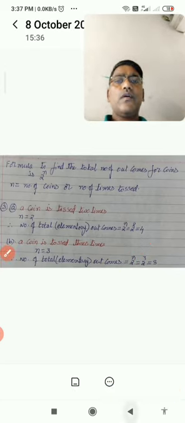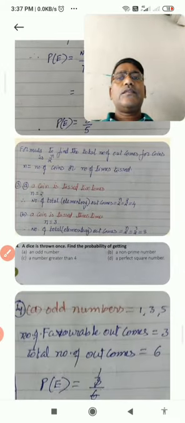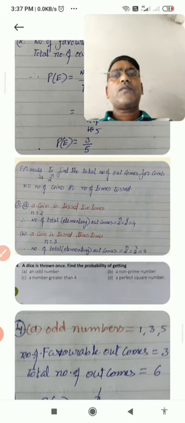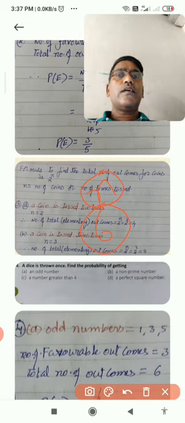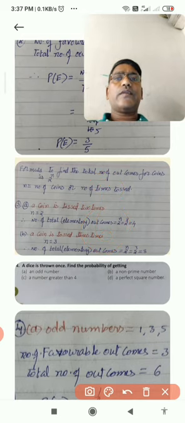Next, if you are taking the die, your formula is 6 power n. I will show you, if dice is coming in question number 3, C is coming, that is 6 power n, because 6 faces are there. N shows how many times you are throwing the dice, or how many dice you are taking to throw at once. That is the meaning. Dice also come in your chapter, and coins also come.